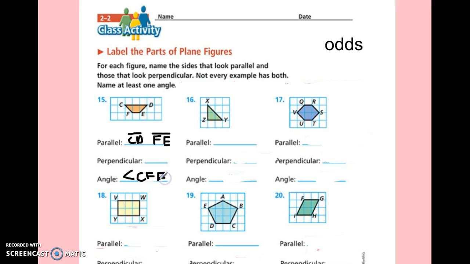So first off, look at that shape, number 16. Are there any parallel lines, perpendicular lines, or an angle? So there are no parallel lines, but there are perpendicular lines. Go ahead and choose which two are perpendicular. All right, if you said X and Z and Z and Y, great. And then go ahead and choose one angle that you could list. And they just put angle X, Z, and Y. But if you chose any of the other angles, then it would be right as well. Great work. Today we